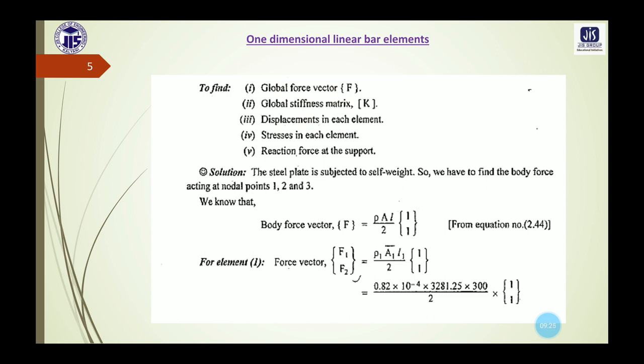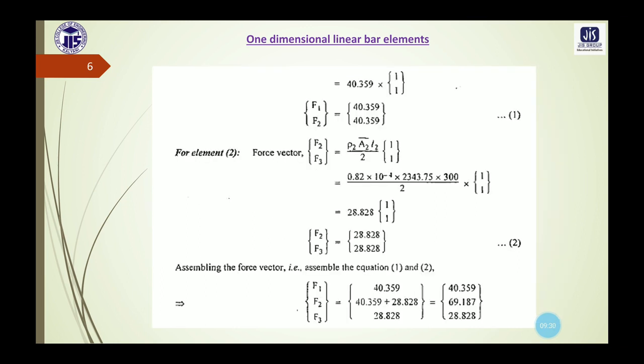If we put the values of rho, A and L here, then finally we get the body force vector for element 1: the column matrix 40.359, 40.359. This is our equation number 1. In a similar manner, we need to calculate the force vector for element 2. Corresponding to element 2, we have nodes 2 and 3, so in the force vector equation we write the column matrix of f2, f3,